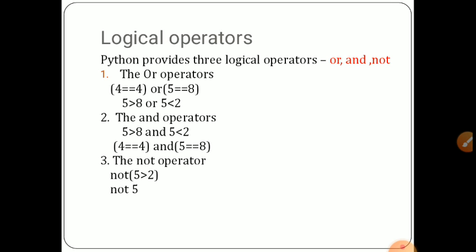NOT operators are basically unary operators and they negate. The NOT operator has low priority with non-boolean operands. Suppose I give not A equal to B, it will return a syntax error, and not 5 returns false. Not 5 is greater than true, so what will the answer be? False, because 5 is greater than 2.